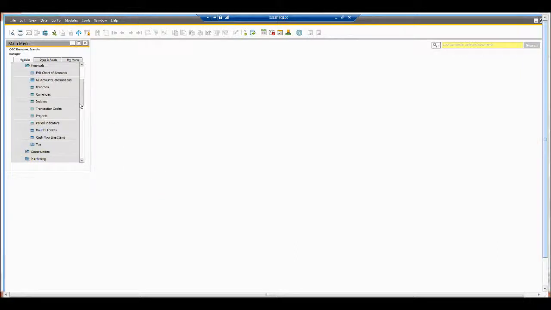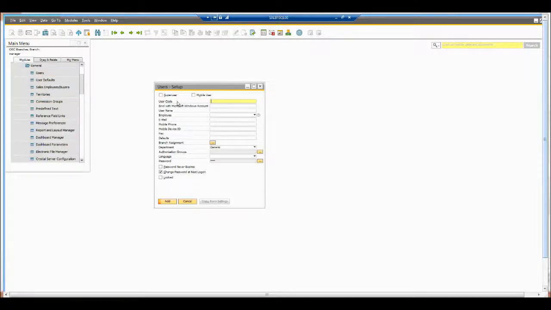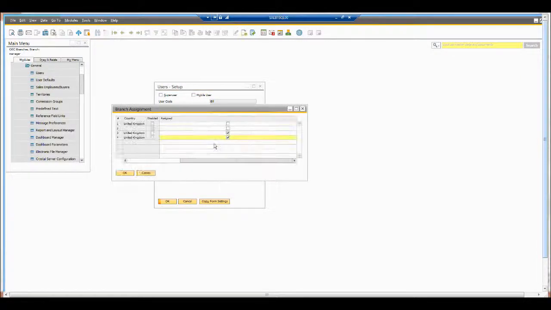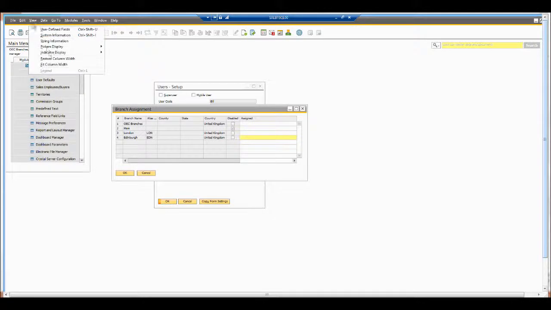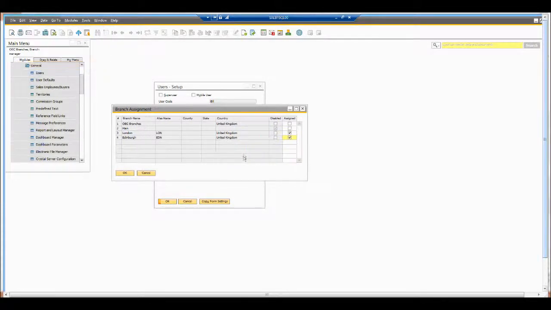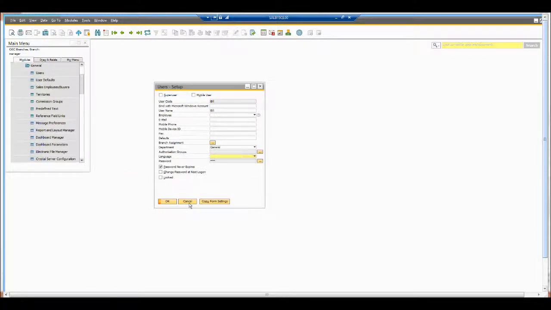What I can also do, for example, is I can allocate different users to different branches. So if I just come into general and users, and if I just find Bill, we can see here I've now got an area called branch assignment, and if I click on there I can see which of the branches I've allocated Bill to. So let's just have a look at that a bit easier. So I can see Bill is actually assigned to London and Edinburgh, but he's not assigned to maybe the main head office. So if I just log in as Bill,